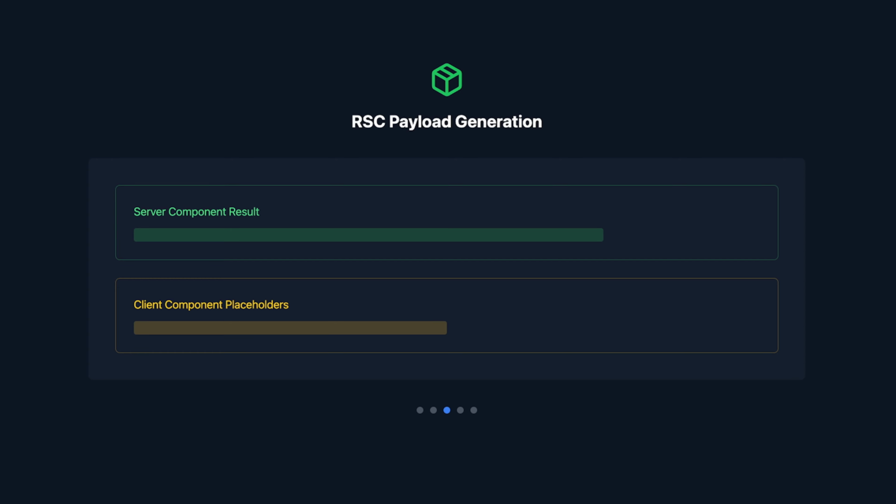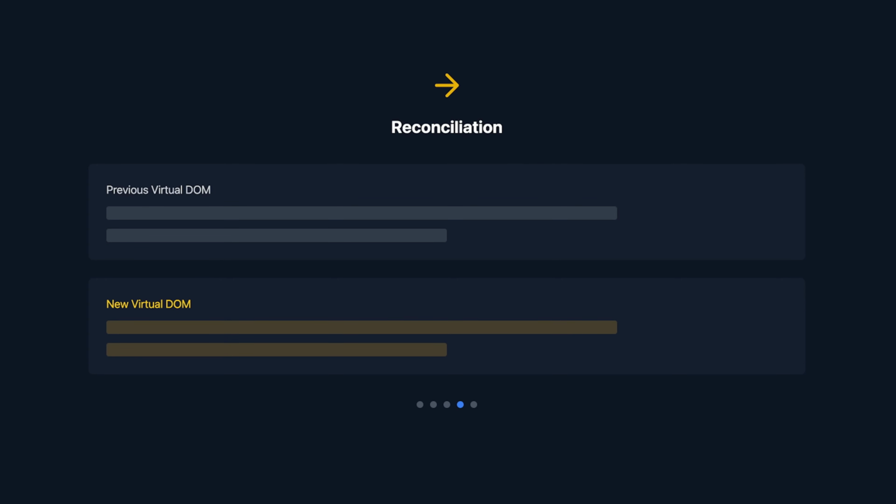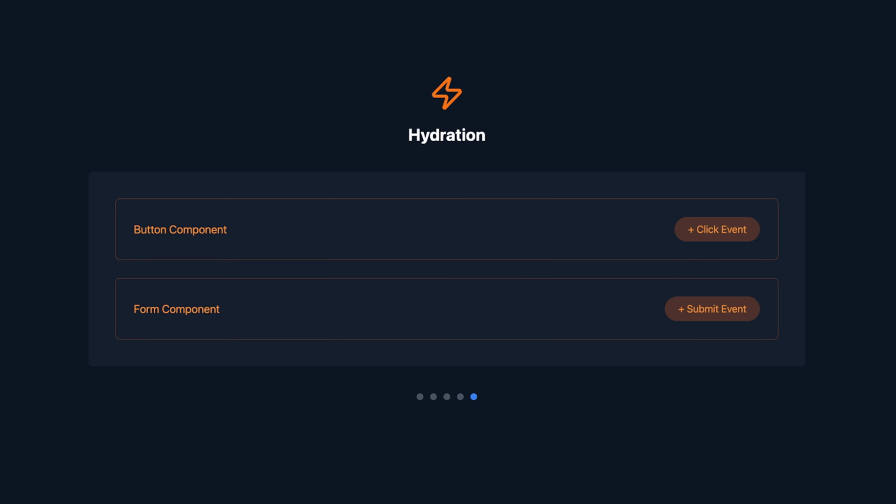Now, if you do not know about reconciliation, reconciliation is simply the process through which React compares the new virtual DOM with the previous one so that it can efficiently update what is necessary. And hydration, on the other hand, is the process where React attaches event listeners to the components to make them